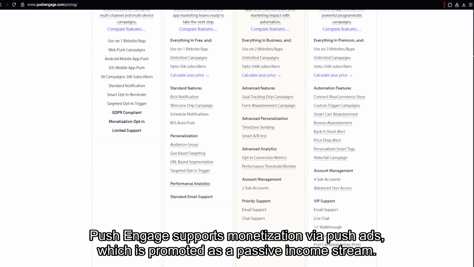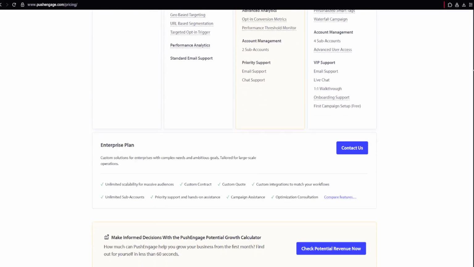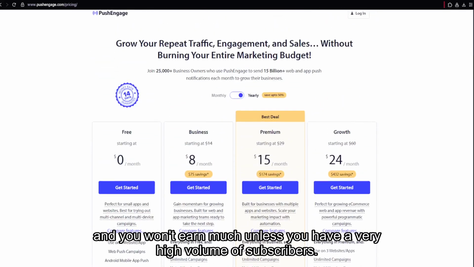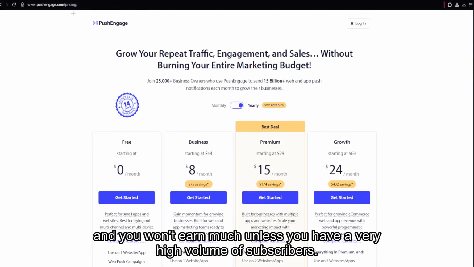PushEngage supports monetization via push ads, which is promoted as a passive income stream. This is where things get murky. The ad payouts are very niche dependent, and you won't earn much unless you have a very high volume of